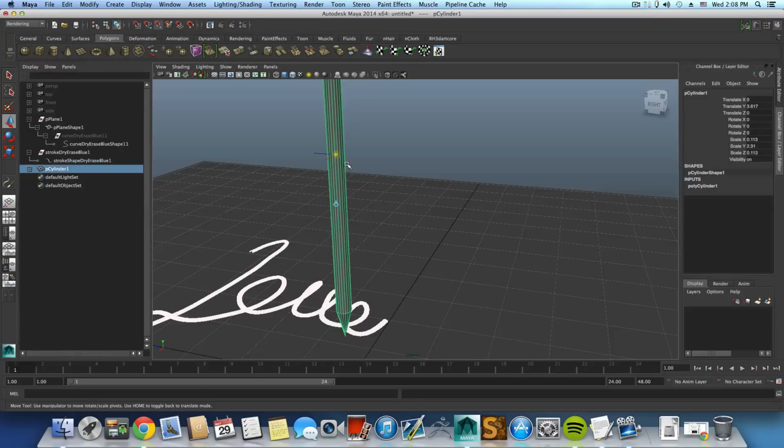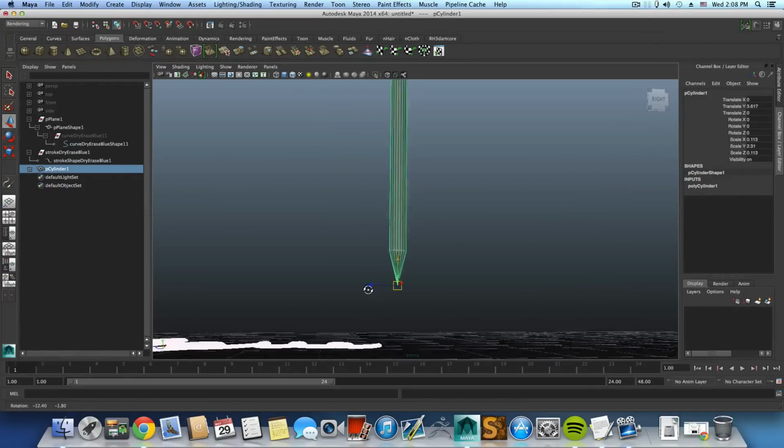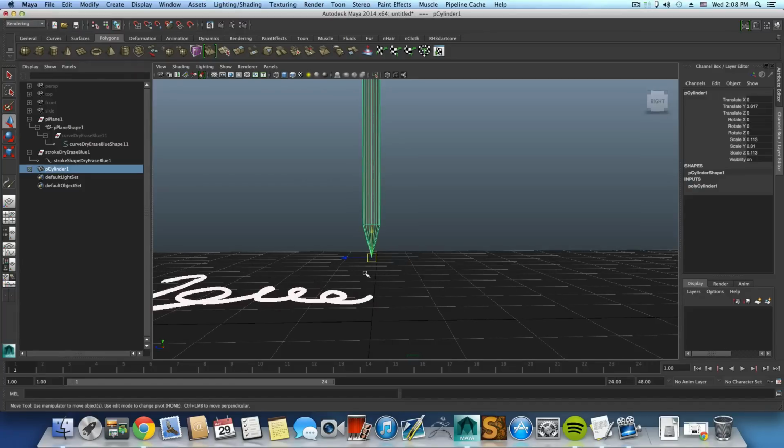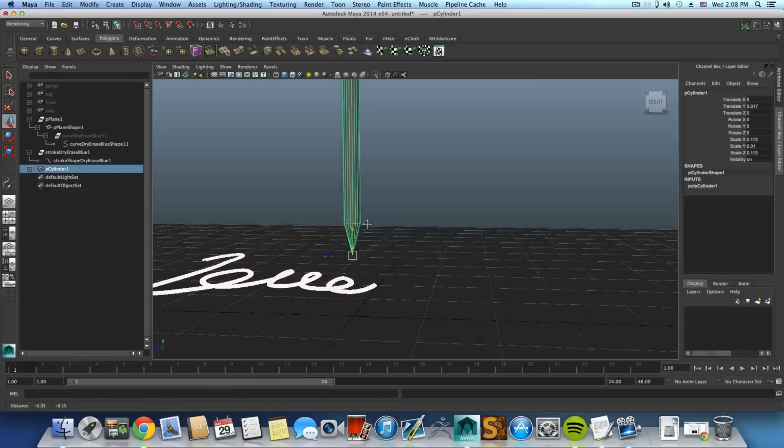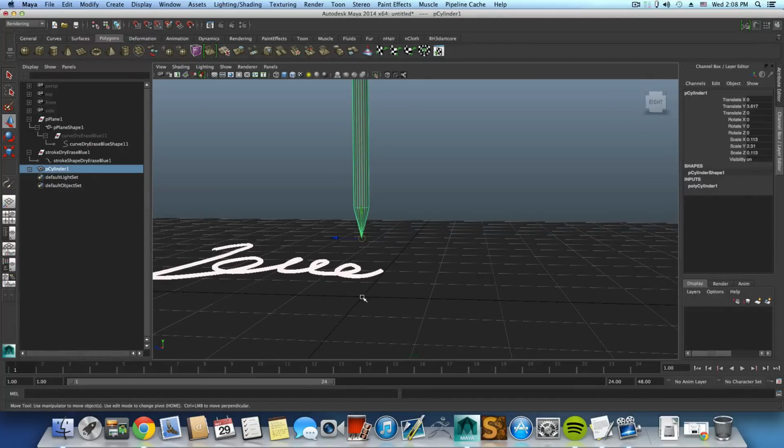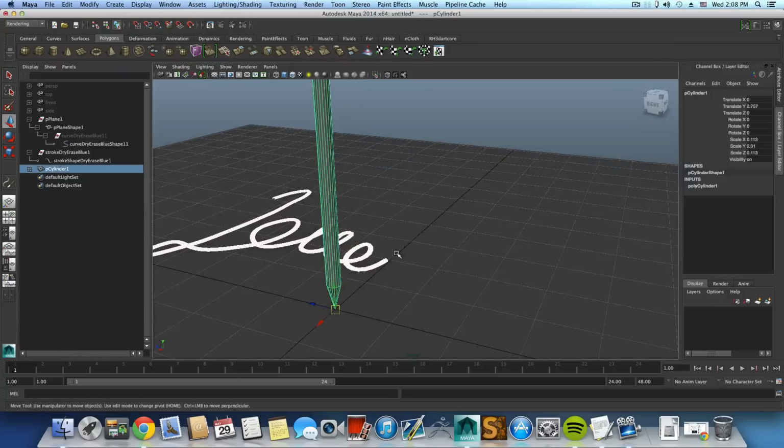Okay, so hold down the V and point and click to this pencil's sharp edge here with your middle mouse button. Click on it, so it will snap this pivot into this point here. Release the V and press Home again, or Insert for Windows users, and now you want to hold down the V again while you're in the move tool,